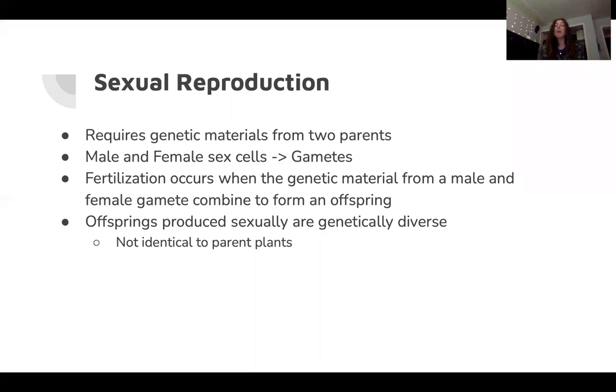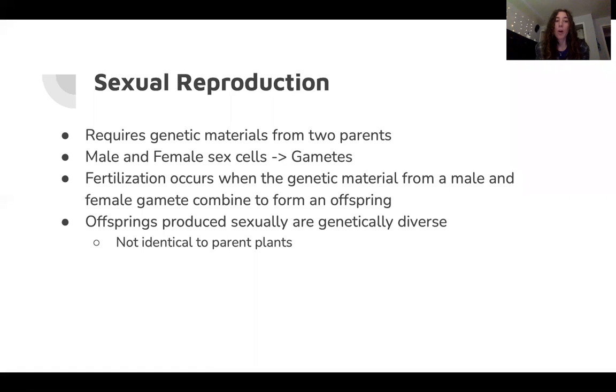So the first type of reproduction that plants carry out is sexual reproduction. This requires genetic materials or DNA from two parents. The male and female sex cells are called the gametes. Fertilization occurs when that genetic material or DNA from the male and female gametes combine and they form an